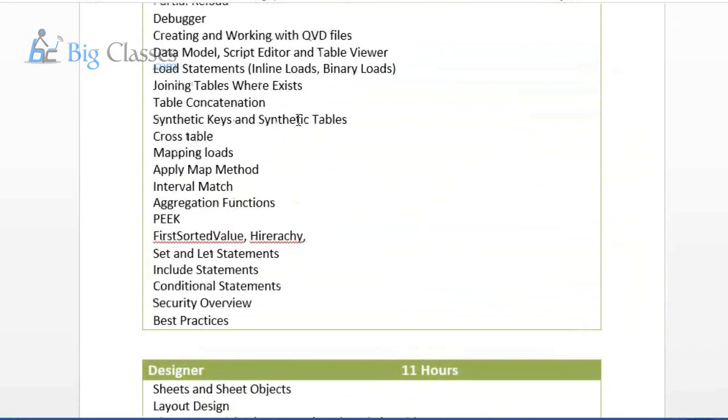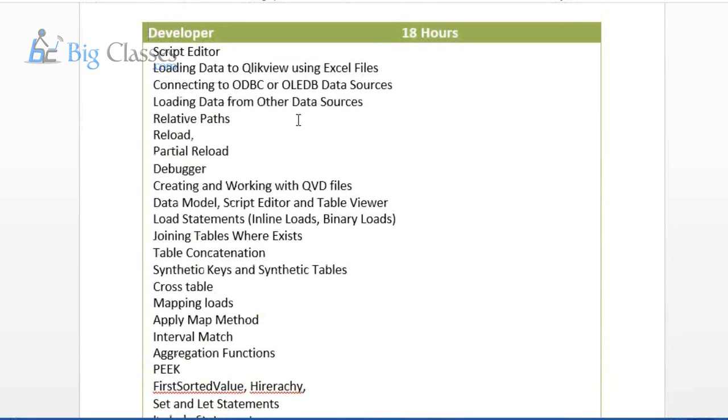So we'll be doing it from scratch. So there's no prerequisite as such. For the training, we would need the desktop client. I would share the download link from where you could download. You would also need